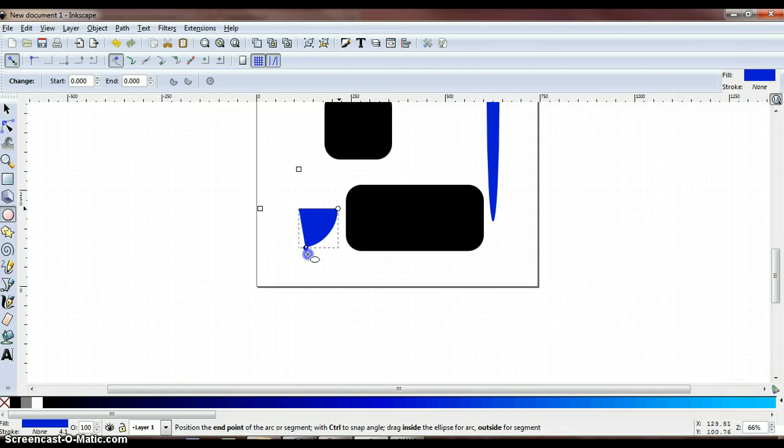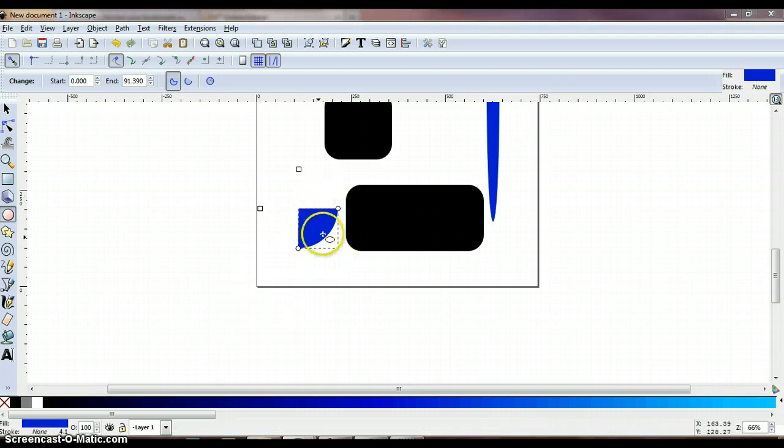So if the mouse pointer is inside the circle, it will draw an arc. Okay, that's if we keep it inside the circle. If we take the mouse outside the circle, you'll see it draw a segment. So this is if we keep the mouse outside the circle, and if we keep the mouse inside the circle, you will see this. So go ahead and mess with that a little bit. I'd like to see a nice arc, like a fourth of a piece of pie, just like that. When you're finished,